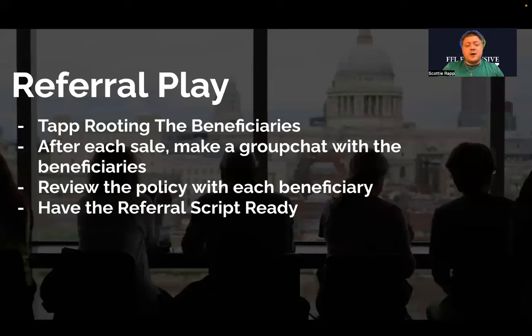Okay. The referral play is basically once you're done with the application, they get approved, we're clapping. Hey, Mary, they just approved you for the coverage. Go ahead and write down your policy details and your policy numbers, right? You want to gather those beneficiaries and their phone numbers, and you want to make a referral chat so you can touch base with the beneficiaries, go over Mary's plan with them, make sure that they have all the details, make sure that they have the policy ins and outs so they know who to contact if something happens to them, right? Or if they have any questions,